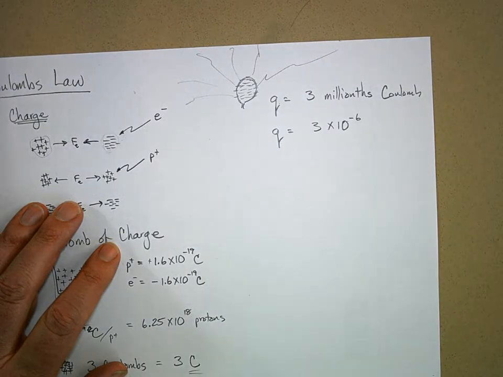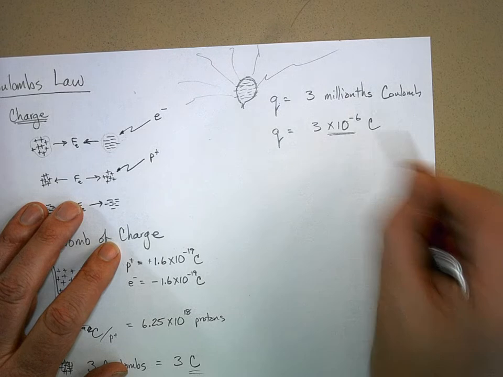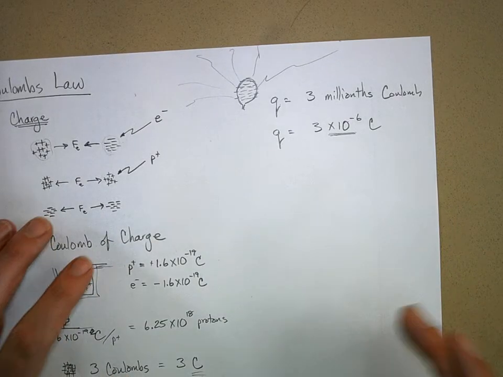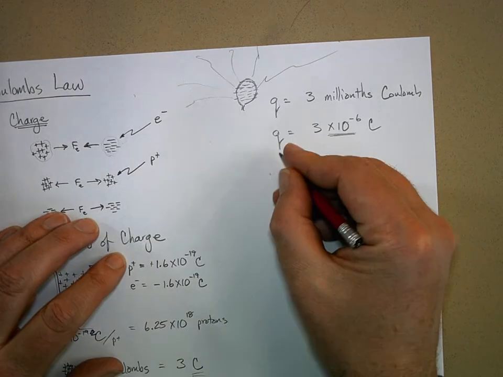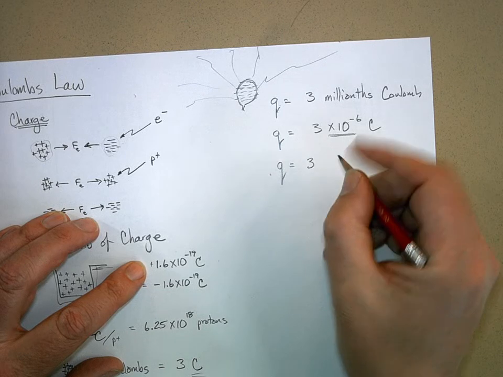That's a millionth of a Coulomb. Well, we're going to get even lazier here. Times 10 to the negative 6, that's a lot to write down. So this is what we usually do, and this is the quantity of charge we deal with usually in static electrical situations. We would say 3